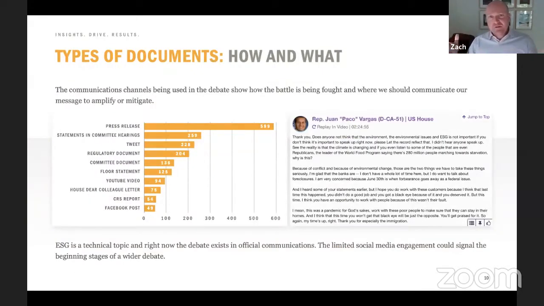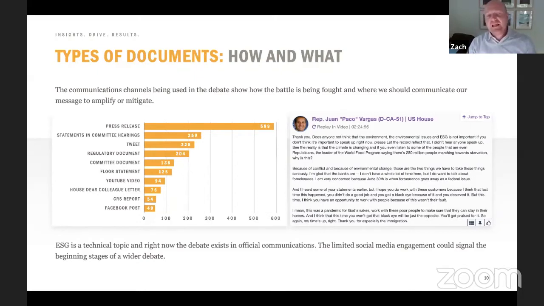Now, this is my favorite feature of where Quorum gives us an output. And I know that's the dorkiest thing to say, but this is wonk week, folks. This is where we could really, if you're not me, let your hair down and kind of be true to yourself. The indicator here that we're looking at are the different channels and mediums by which policymakers are communicating about